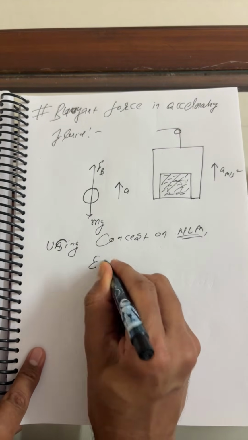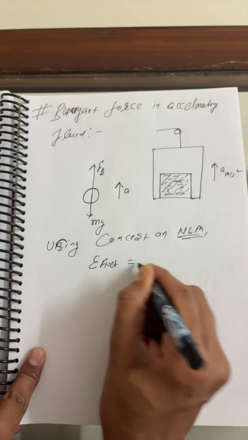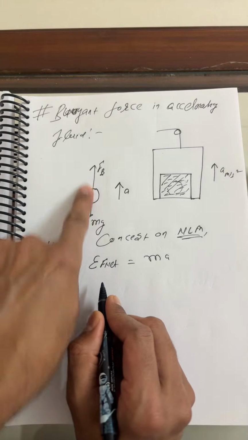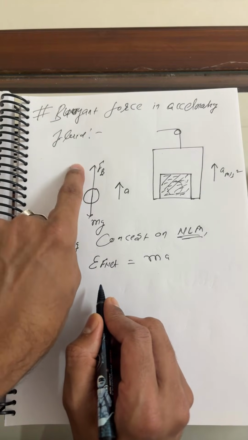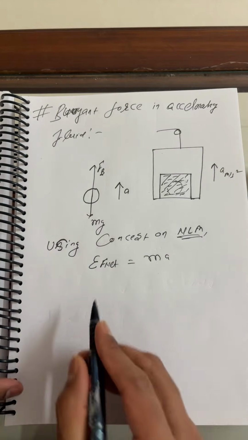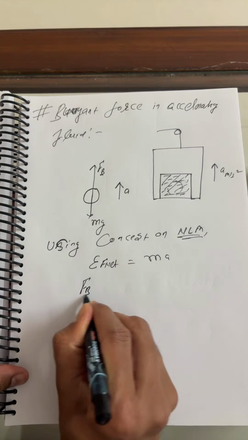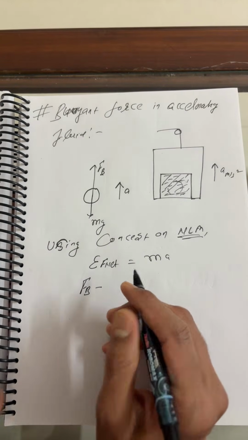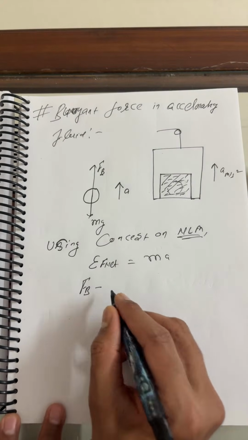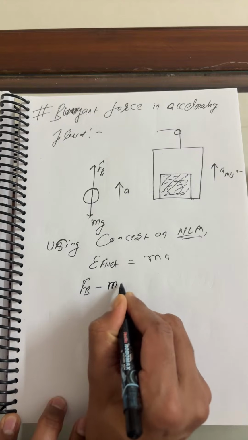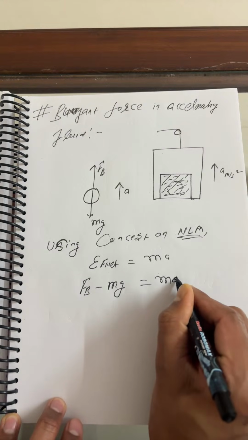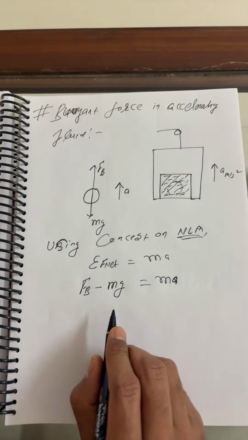So this is the summation of F net, which is equal to ma, right? F net is in this direction. So this is the larger force. I hope all of you know, because I already showed it in the classroom, the driving force is always more. So you can write this as Fb minus mg, which is equal to ma, right?